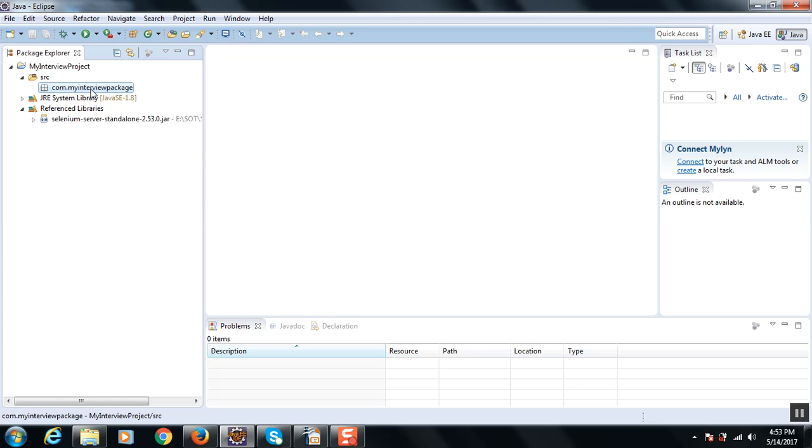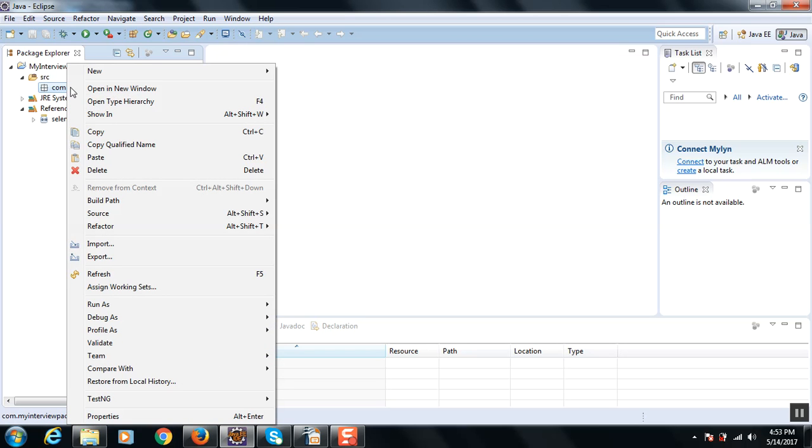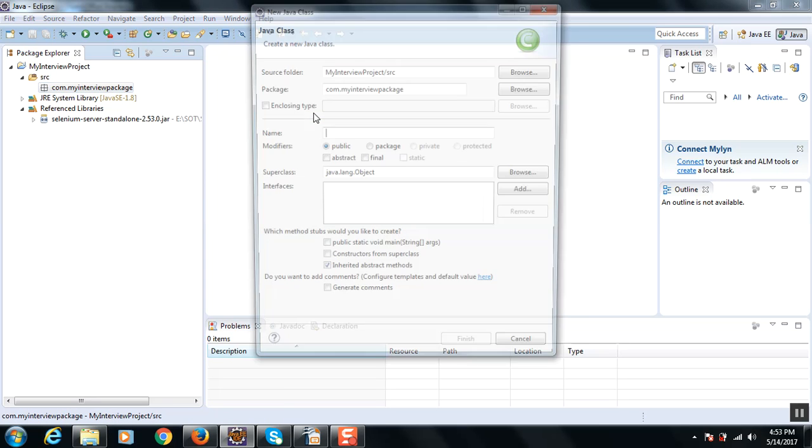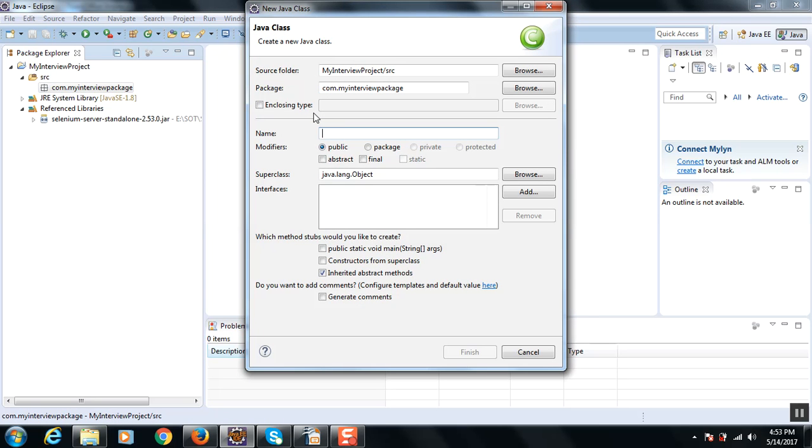All right, so far so good. And now what I'm gonna do is I'll create one Java class, and in this Java class I'll write my Selenium code or Selenium script or Selenium automation scripts. Okay, so let me give this window says new Java class. That means we are going to create a new Java class, and that the name of the class could be